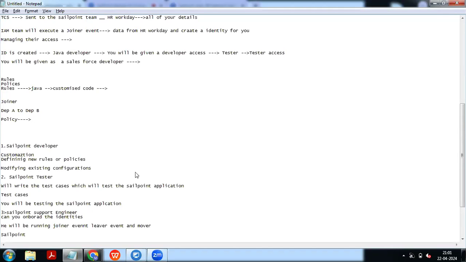Okay. So that is what SailPoint policy and SailPoint governance are. Their platform allows companies to define policies and controls to ensure compliance, manage the risk, and streamline access requests and approvals. That is what we call a policy. So a policy will help you to manage and govern user access.